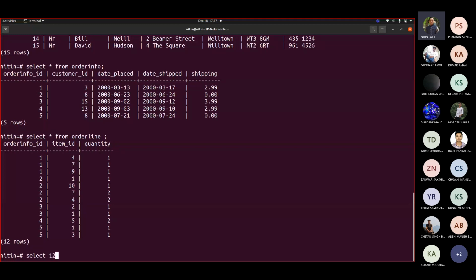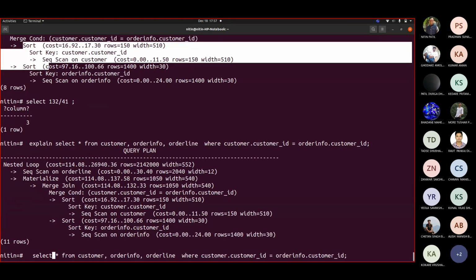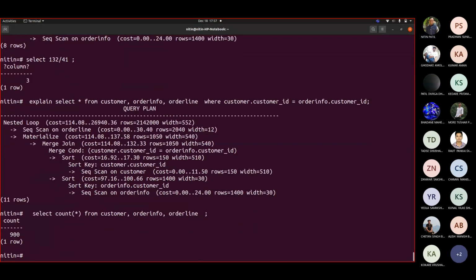So select 12 multiplied by 5 multiplied by 50. How many records? 900. OK, let us see. Count star. But again, we had this condition, which will limit it because it is going to match only this condition. Let me first remove this. So one can see 900 records are shown.